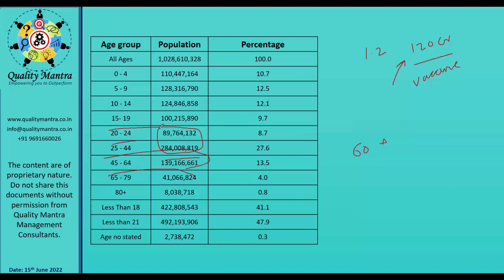So you require the data. आपको data चाहिए अलग अलग कैटेगरी में, so that you can take certain actions. आपके पास डेटा होना चाहिए कि हर एक एज ग्रुप में कितने लोग हैं. तो सिमिलरली